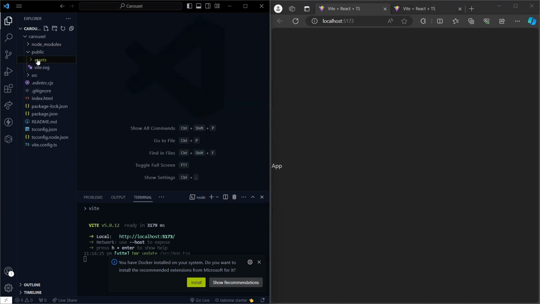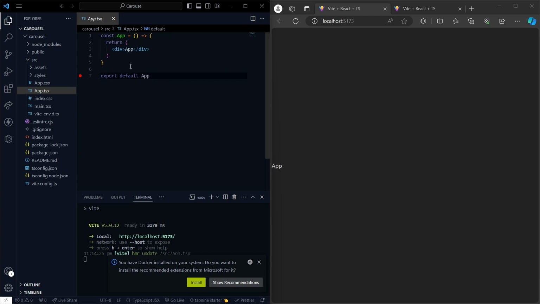So yeah, that's it. Now come to src, come to app.tsx. What do we need first? So remove this. We need to write the functionality. So first we need a div, and let's name it carousel, and it will be slide styles, class name. Second thing, we will write a functionality. What the functionality will be,